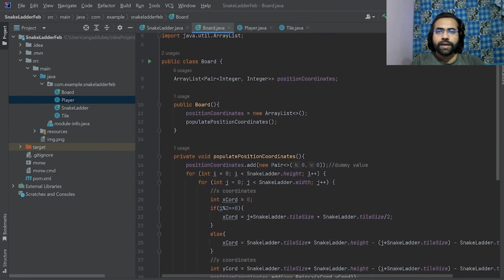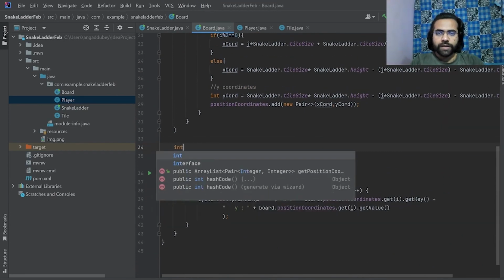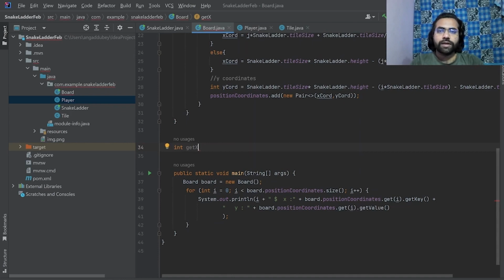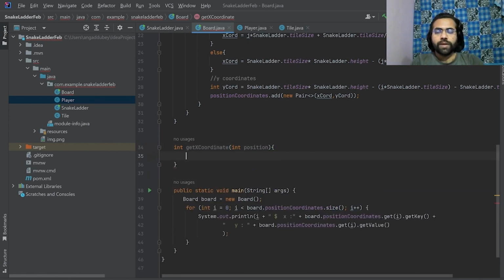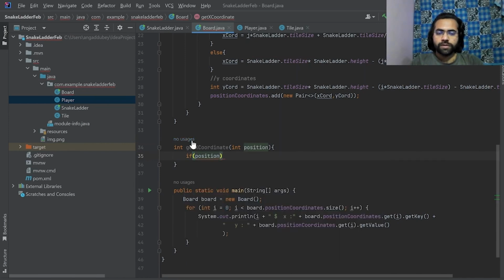Let's say here I'll write int getXCoordinates, int position, and if position is greater or equal to 1 and position is less or equal to 100, then we can simply return,